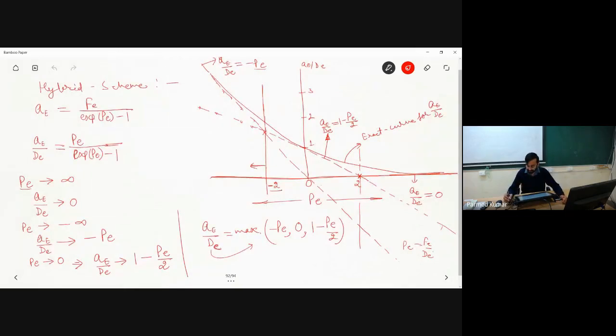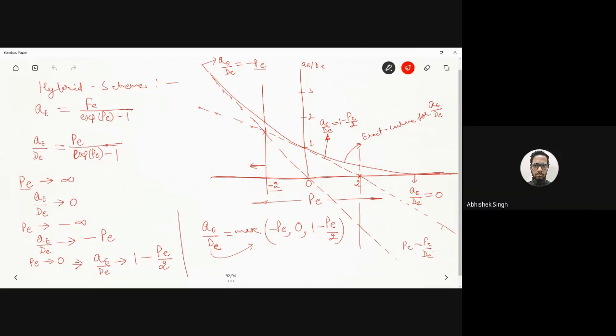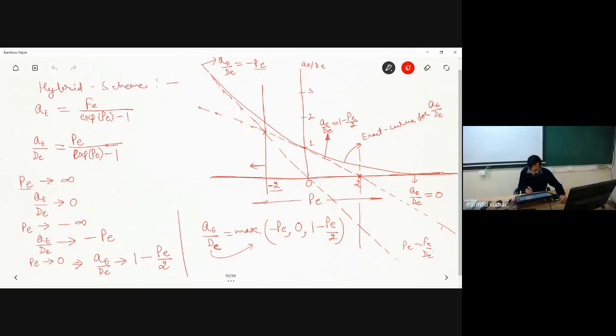What is the limitation of hybrid differencing scheme? If you see over here, it is taking analogies with the 1D convection diffusion analytical solution. Yes, that part is there, and it is considering both upwinding and central difference solution also. But one of the biggest drawbacks of this scheme is that in this particular region, you can see its coefficient is actually significantly differing from the exact coefficient. Here also it is significantly differing.